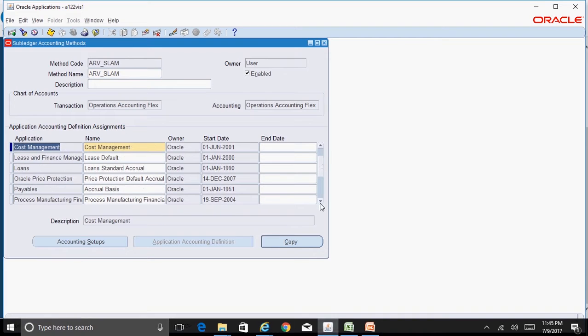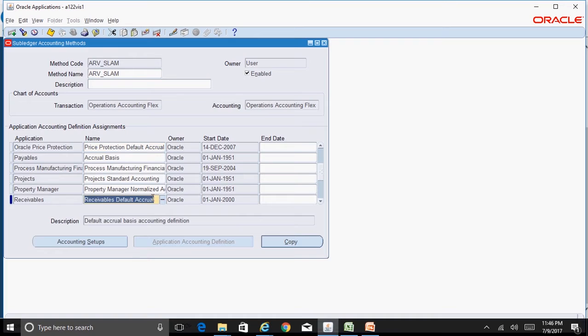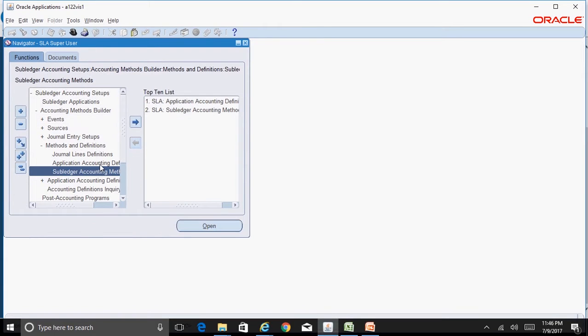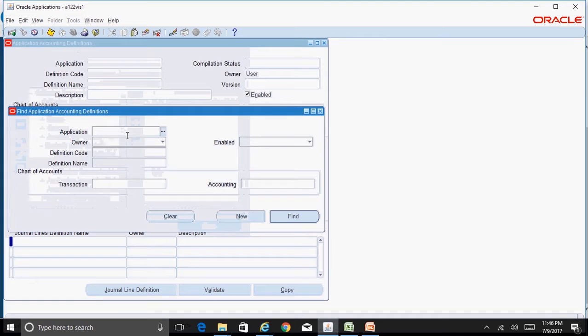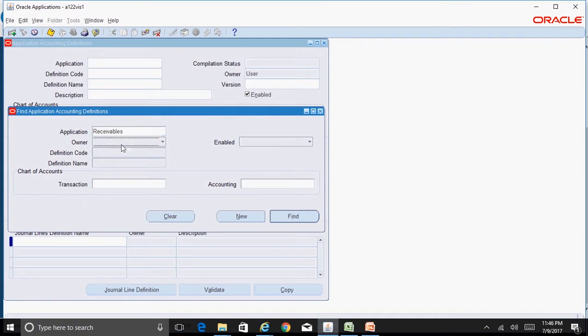Now check what exactly is the application accounting definition which is assigned to the application Receivables. The application accounting definition assigned to Receivables is Receivables Default Accrual. Again, this is the Oracle seeded one. Close the screen. Now bring up the application accounting definition screen. The application is Receivables, the definition name is Receivables Default Accrual. Click on Find.